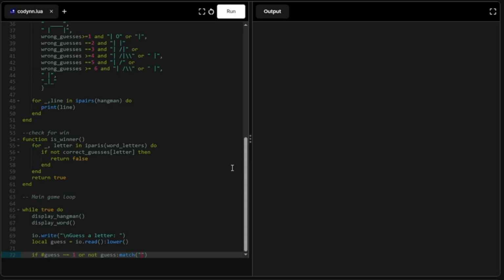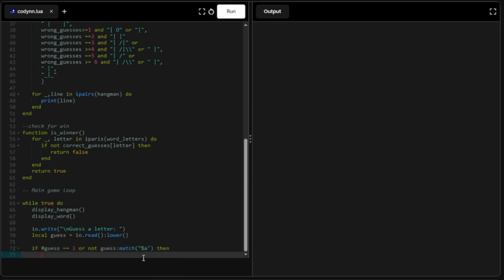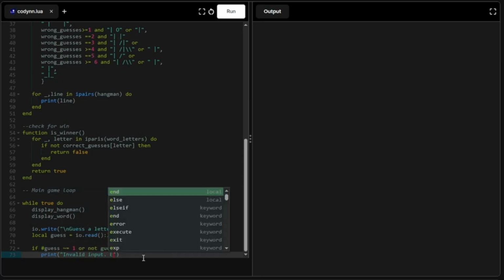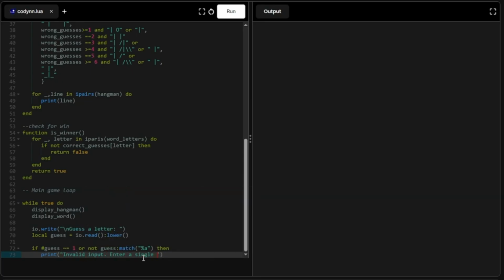So we'll use the percentage sign along with a. This checks if the guess entered is a letter or not, so numbers aren't able to enter. So then print invalid input, enter a single letter. So we'll symbolize that we should enter a letter in our guess,